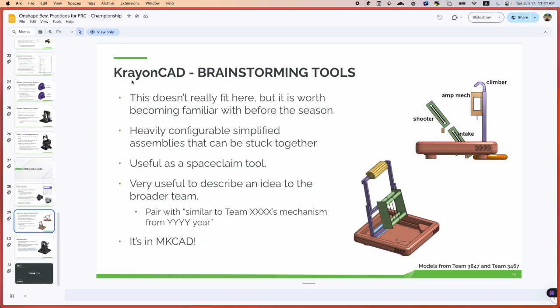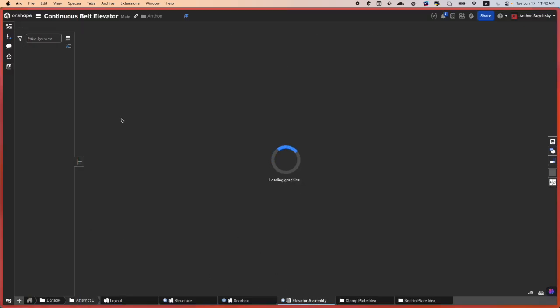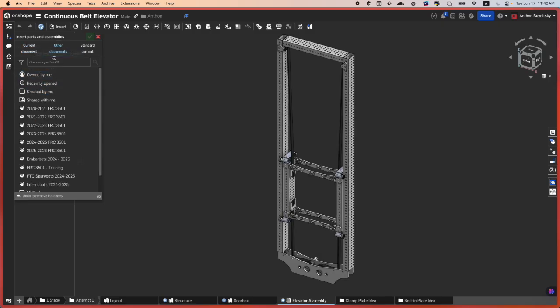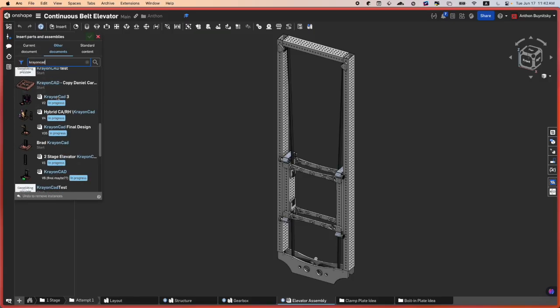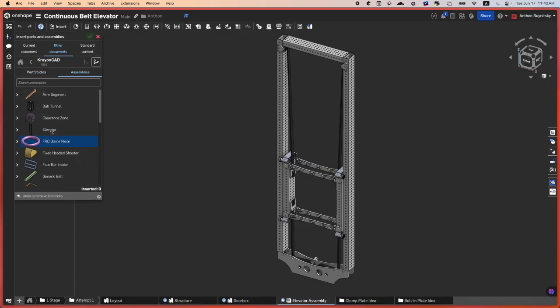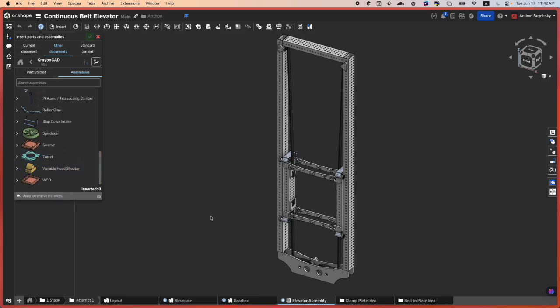We already know MKCAD, Crayon CAD. That's actually very useful for brainstorming. How you use it is you go into an assembly, then go into insert, and then other documents, and then search up Crayon CAD. You have to get the original one, which should have a green icon. You press on it, go into assemblies, and here you see a lot of basic FRC mechanisms that you can combine to make a visual representation of what you're thinking about. I highly recommend to play around with this. We used it last year,